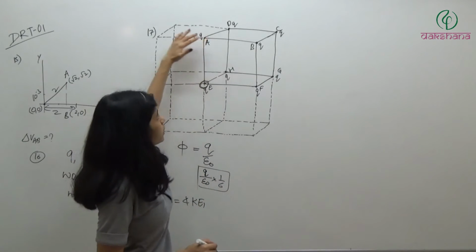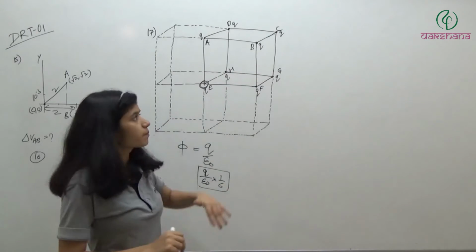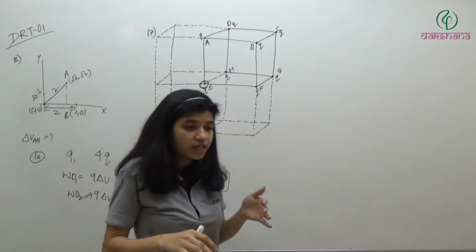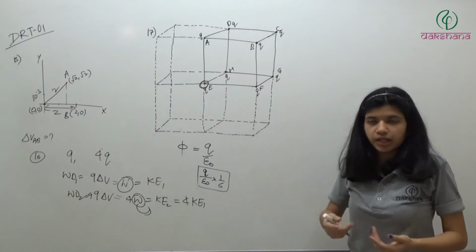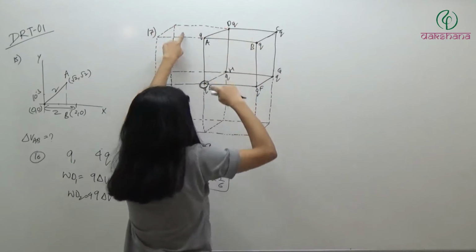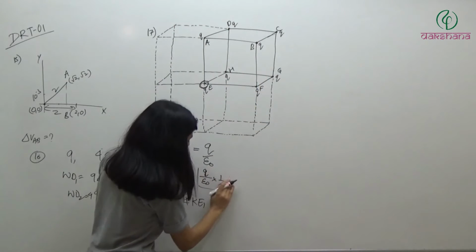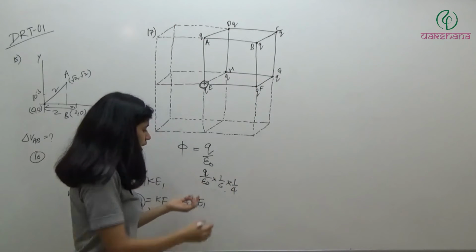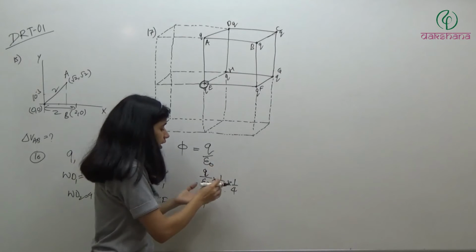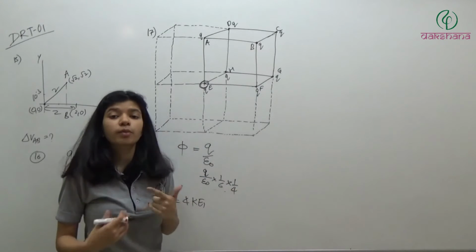Now we know that this face contains 4 ABCD type surfaces. So this one face is 4 times ABCD. Clear? So from ABCD, how much will the flux be? 1/4. ये एक फेस से हुआ, and एक फेस का 1/4 है ABCD. तो 1/4 of that will be the flux from ABCD.